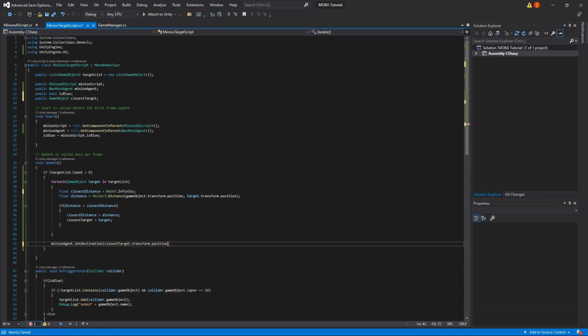.transform.position, and simply what we've done here is we've taken our list, we've worked out which game object in the list, so which minion is closest to our current position, and then we've essentially changed the transform position. We've essentially assigned the transform position of that target to our minion agent. So if we save this and go back into the engine,